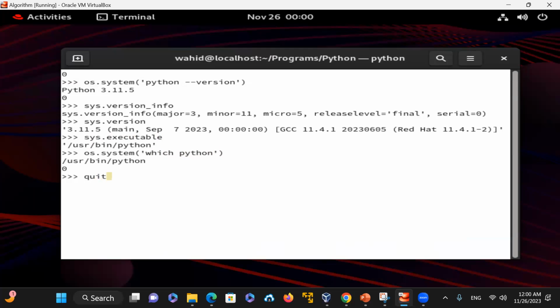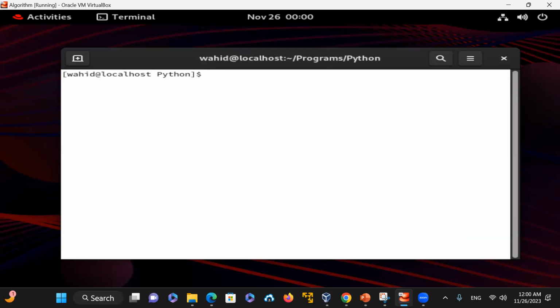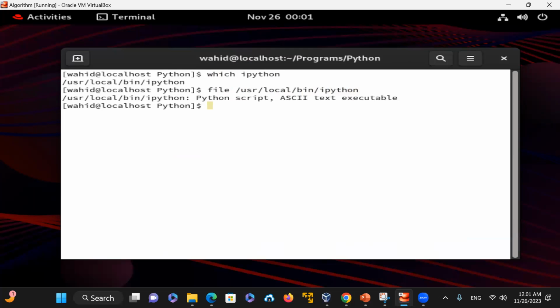In addition, since I'm inside Python, I'm gonna just show you the interactive Python. So which ipython tells you that ipython is in /usr/local/bin. File /usr/local/bin/ipython says that one is a Python script, as executable. Let's see the size of that file. So when you say ls -ld,